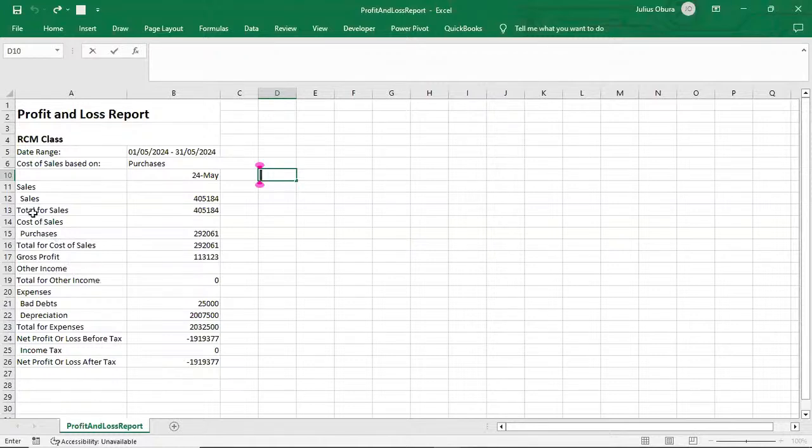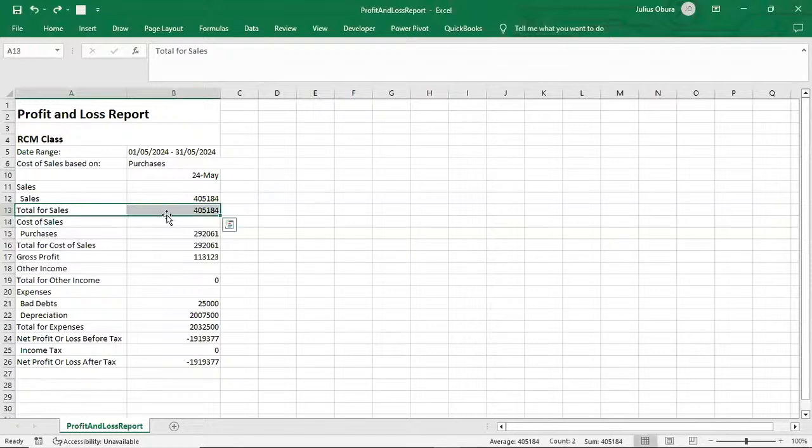For example, number one, we will be very much interested in the total sales. So highlight total sales. Then next, we need the total cost of sales, very important. Now, you have highlighted total sales. You realize that if you go to highlight the total cost of sales, you will not be able to highlight it. So when your total sales is highlighted, hold on control,